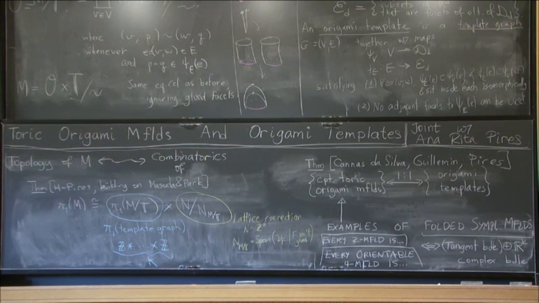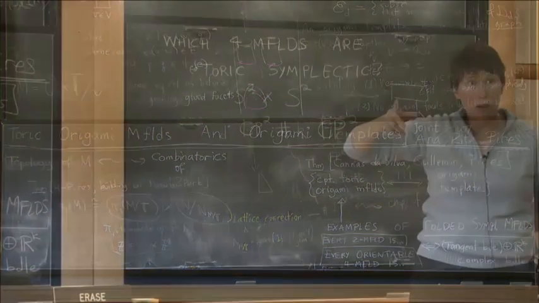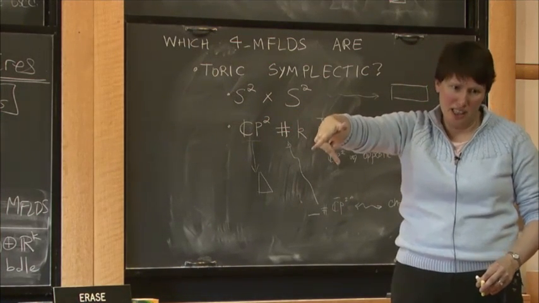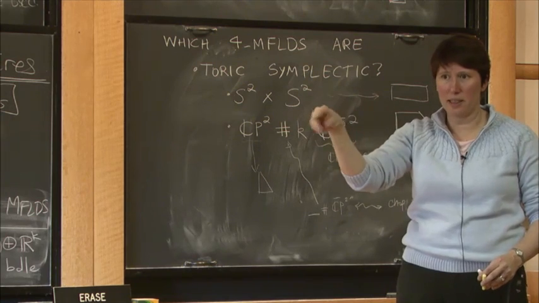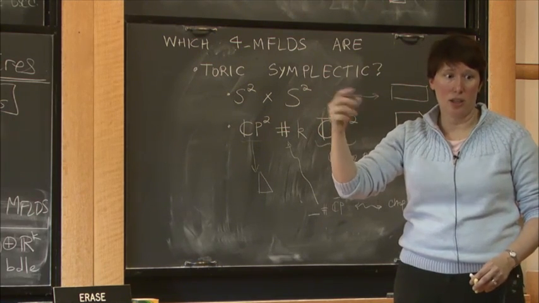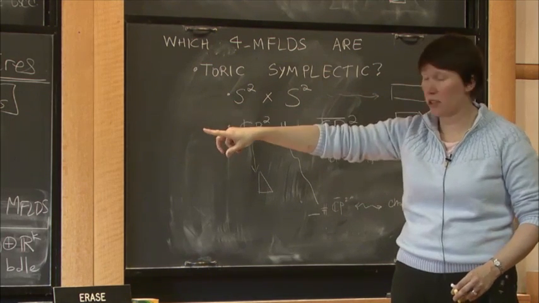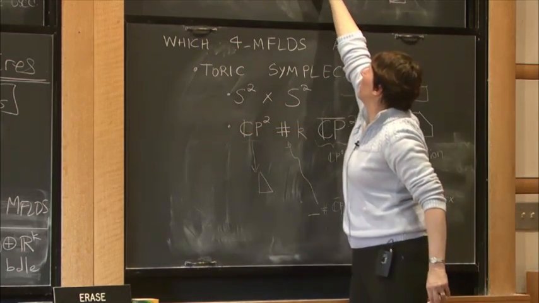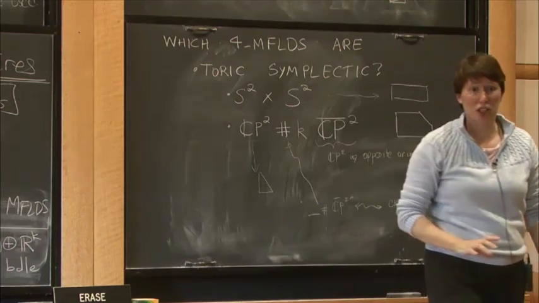But the point is, like in these examples, if I had a fixed point, then all of the edges coming out of that fixed point Z span, that's equivalent to saying all of the normals to the facets that meet at that vertex Z span. And so if there's a fixed point, that lattice correction goes away. So it's only when I've sort of glued all of the fixed points that I could potentially have an extra